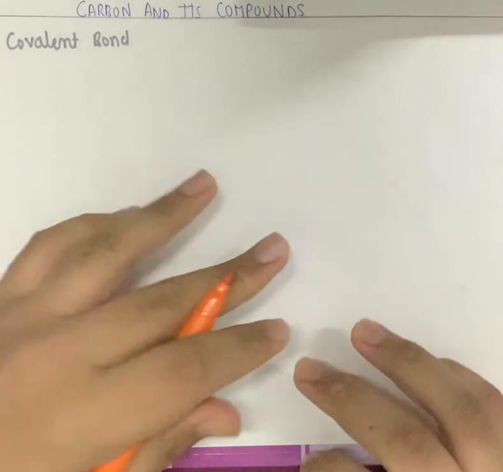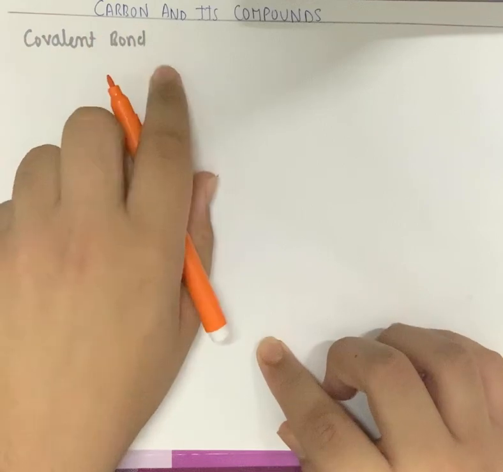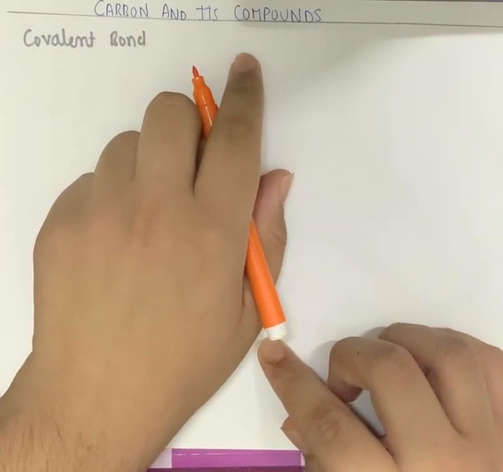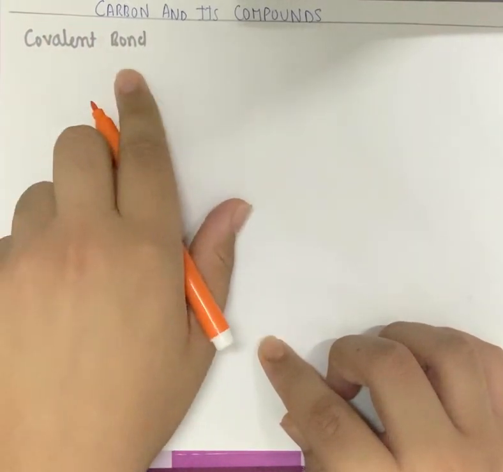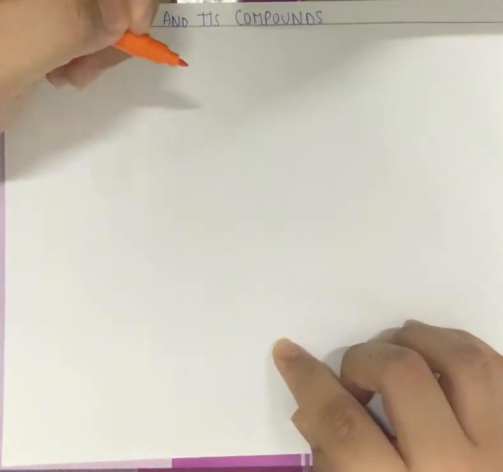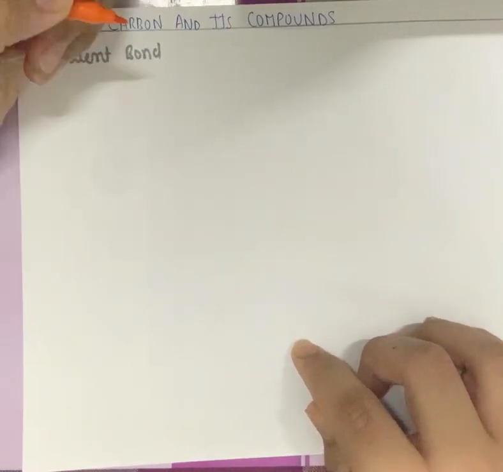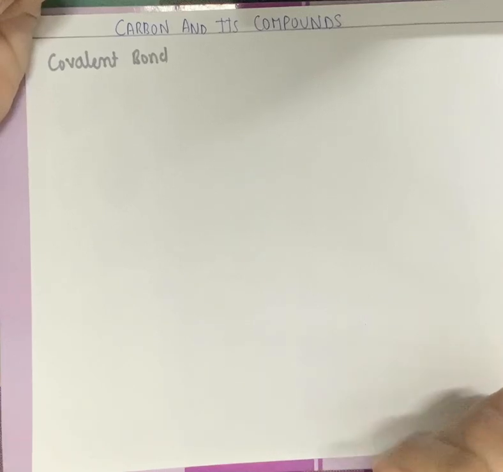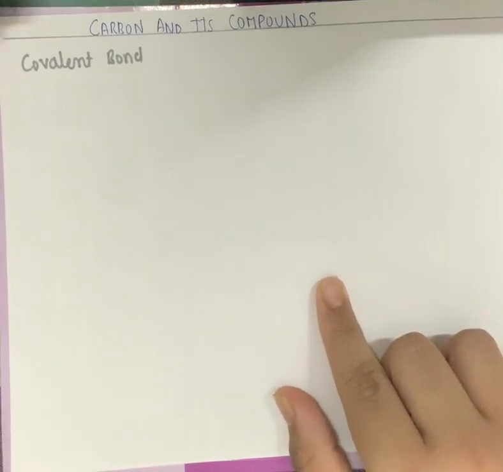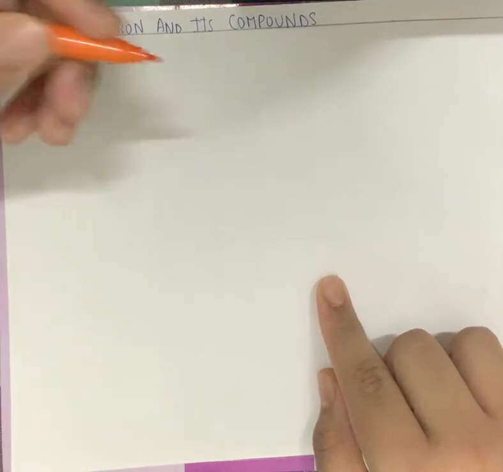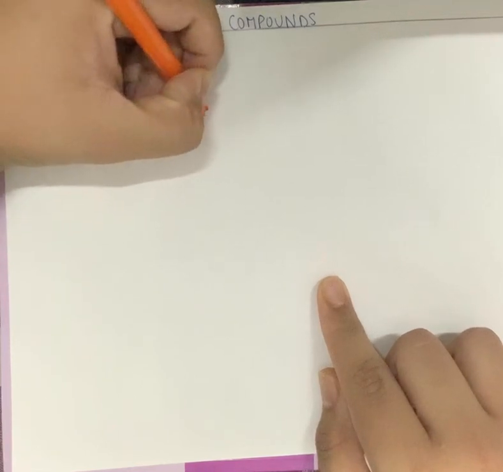A very good evening. Today we are going to do the topic carbon and its compounds from class 10, in which we will be talking about the covalent bond. Now before we understand the covalent bond, it is very important to understand an important property of elements to have complete octets. So when I talk of an element,